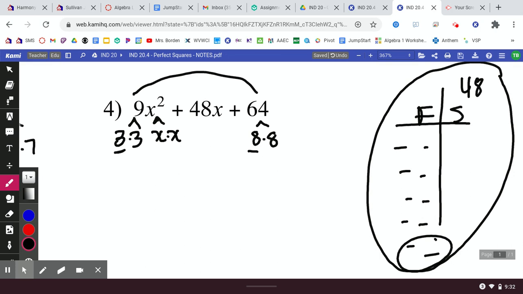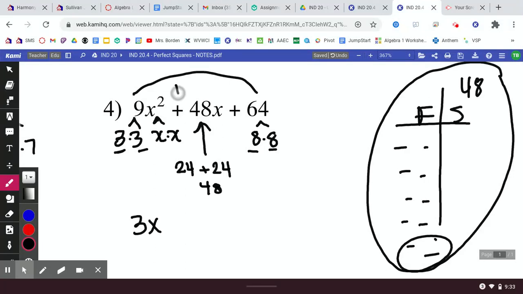3 times 8 is 24. 3 times 8 is also 24. 24 plus 24 equals 48, which is your center term. If that happens, this is called a perfect square. It's not a difference of perfect squares, but it is called a perfect square. And because it's a perfect square, it's going to be